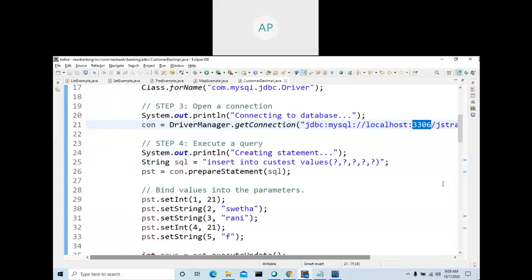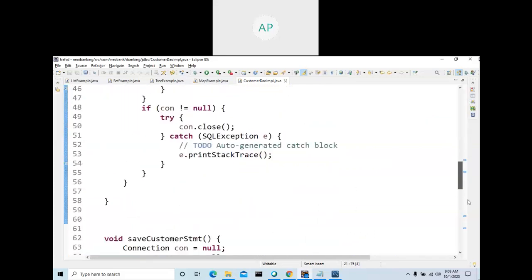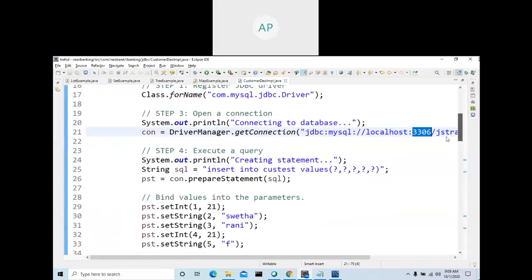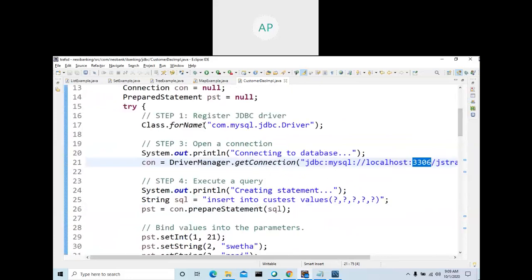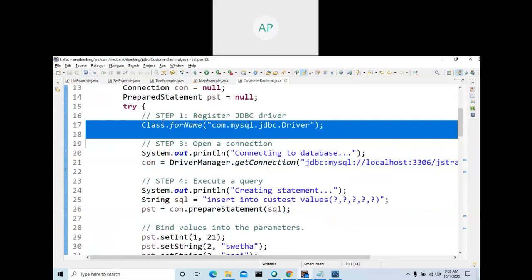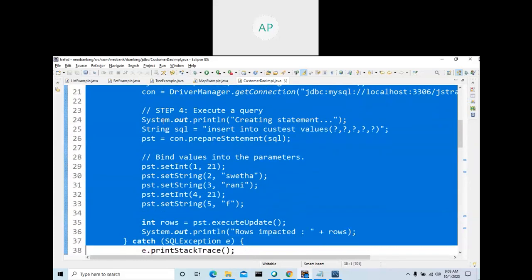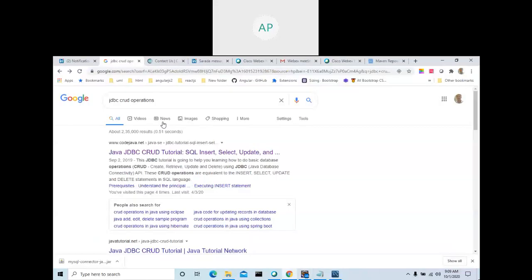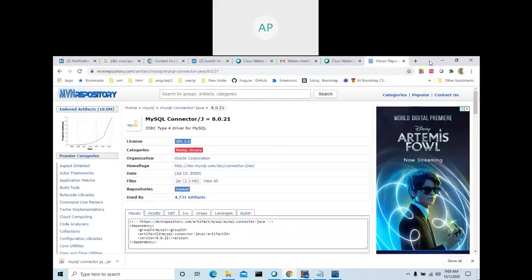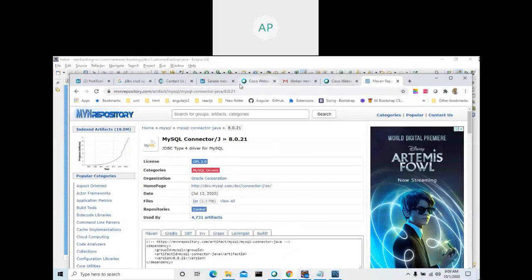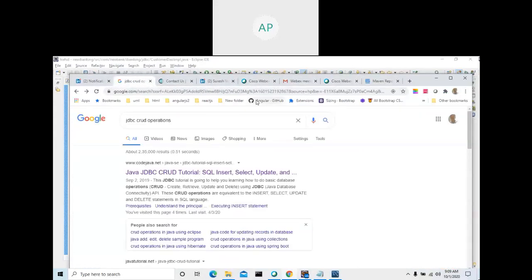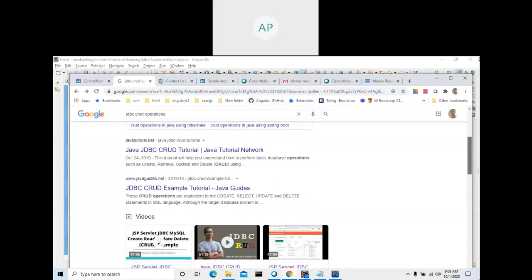There are a lot of examples available on the internet. So this one I will just drag. This is your database name. You should write your database name, which you created. This is your username and this is the password. And this is the port number by default. If you didn't change the port number when you installed, you can use this one. So you got all the things, and also you saw how it is inserted. So if you are going to work on select, you only need to change this one, right? Change from here.